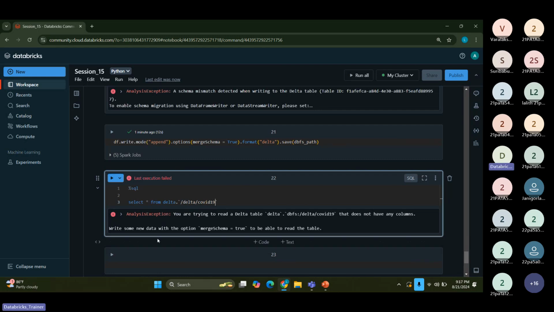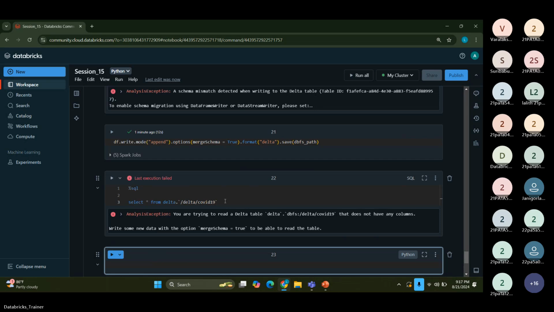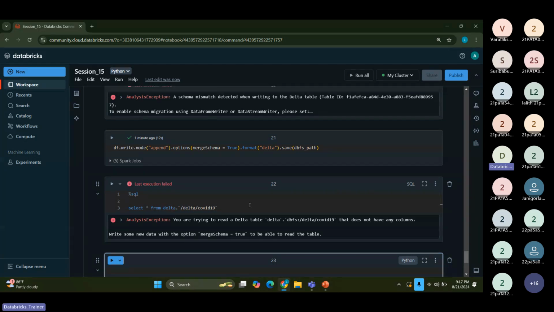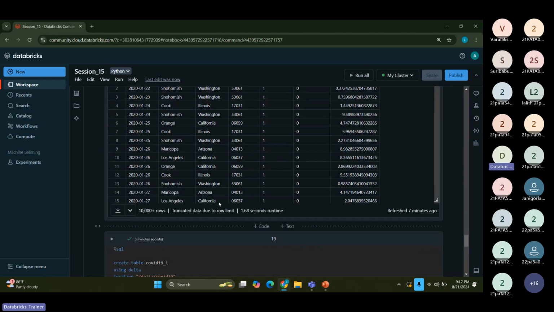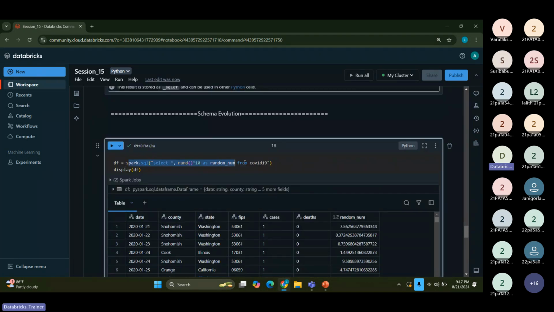Okay, right. I have given the mode as append only. You're trying to read the delta table that does not have any columns. Does not have any columns? That should not be the case because I have created a data frame with this particular data and I'm utilizing the same thing, right? Why is it not giving